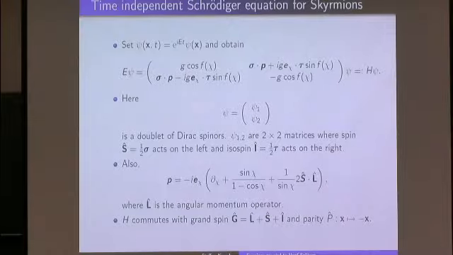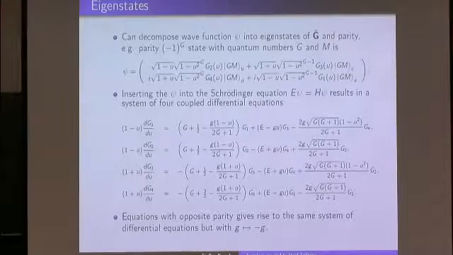And what makes this all possible is that I can define this grand spin. So I have this big spin operator which has the orbital angular momentum, the spin and the isospin operator in it, and this commutes with my Schrödinger equation. And because I can do this, I can use